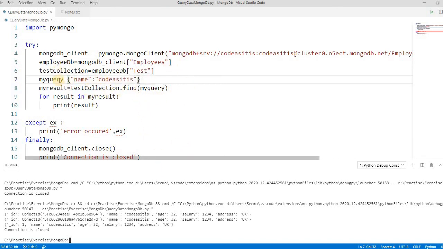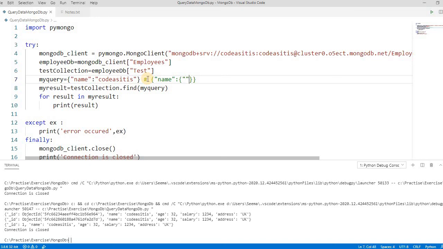One more thing: suppose you don't want to query only by the name. I want to query the collection with the name starting with code or something. Then there are a few things you have to remember. In that case, we have to pass the column name, and suppose let's say age is greater than 32.